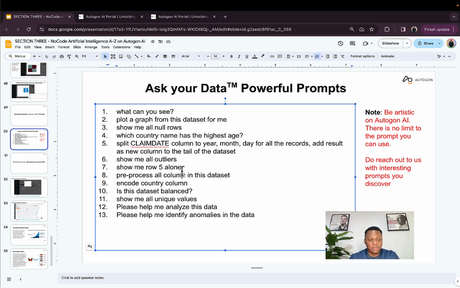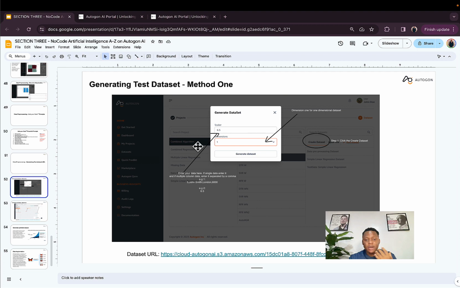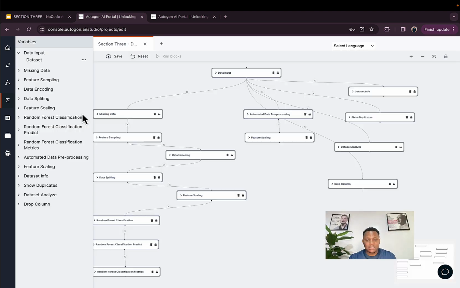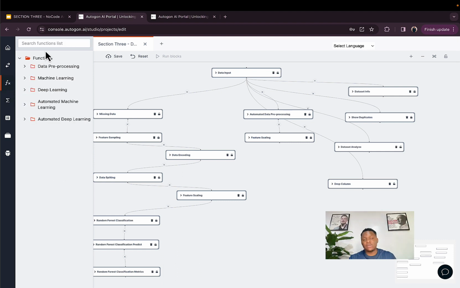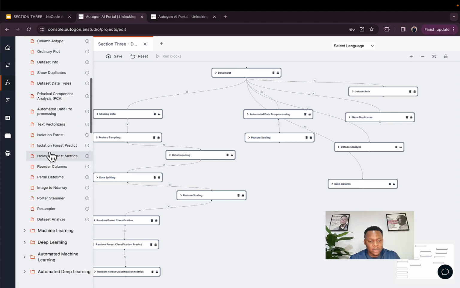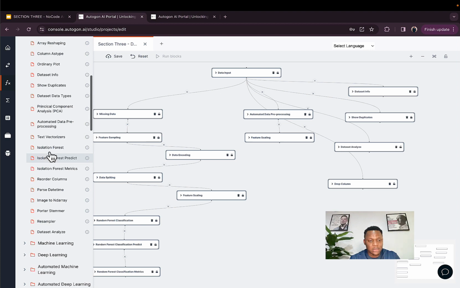Okay, so the last thing I'm going to show us for section 3 is generating test datasets. You can generate test one-dimensional or two-dimensional datasets on Autogon AI. You can do this from the quick predict. If you've watched section 1, when I was generating datasets, I generated prediction data using Autogon quick predict. You can also do the same thing here. And the function to do that is